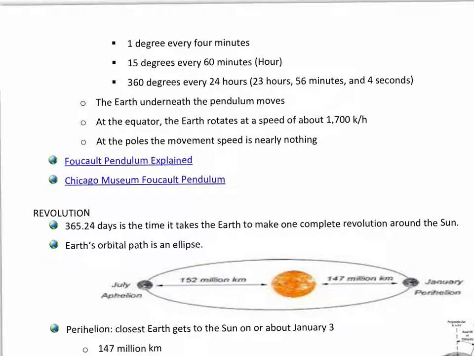Because remember that 0.24 is 100th less, when you start adding that up over the course of 100 years, they actually don't need to add the day. We went through that before, I'm just reminding you. Now, if you remember back to Johannes Kepler, Kepler said that we move in an elliptical orbit as we move around the sun, and we actually will vary in speed as we move through that orbit.